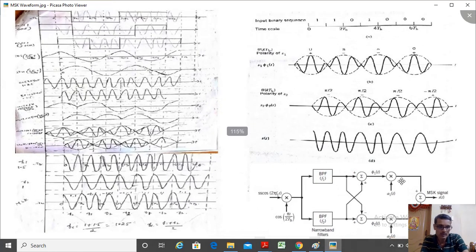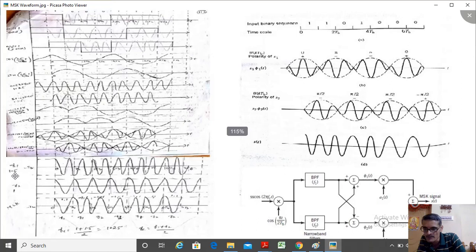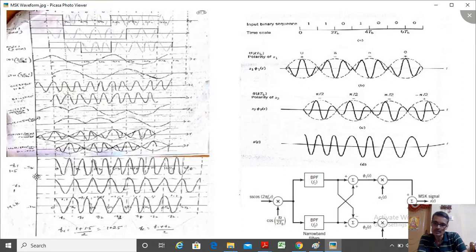Then what we do is add this signal with this signal, right? That means this signal and this should be added together. It's very difficult to explain how to add, because phase and all we have to consider. So I have one easy method. Just consider f1 and f2 now. f1 has a frequency of 1.25 cycles, and f2 has one complete cycle. It's a low frequency carrier, and this one is a high frequency carrier.